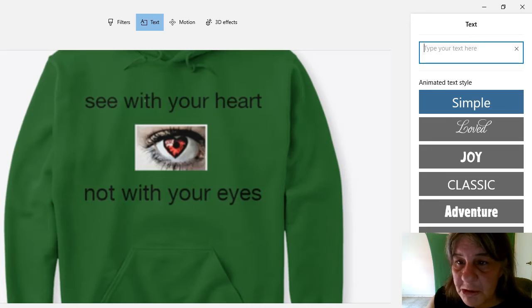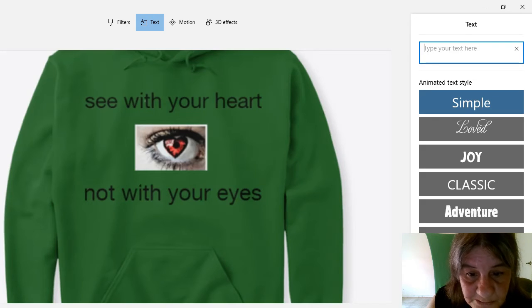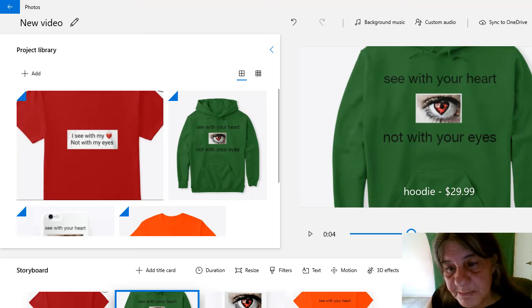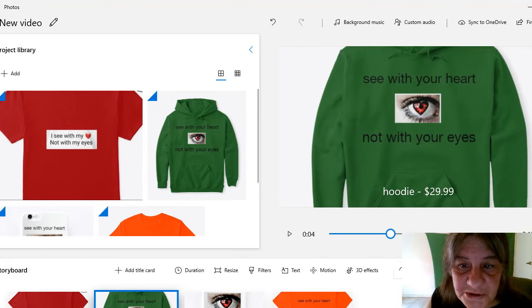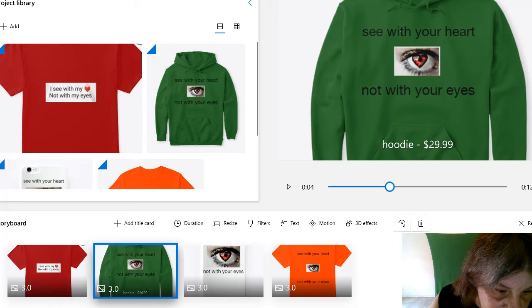Since I'm doing my merch, this is where your text would go, and I'm going to show you what it's going to look like. Okay, I put my text in, and this is what it looks like here. And you can see it's down here. Okay, so once you have that,